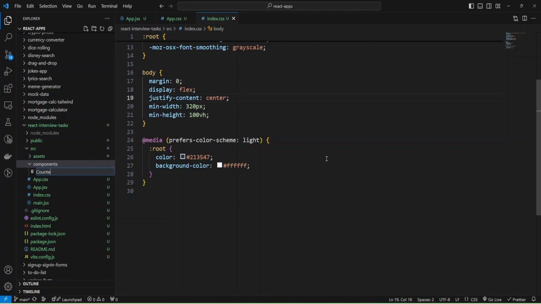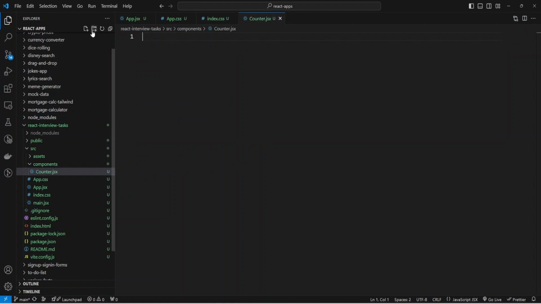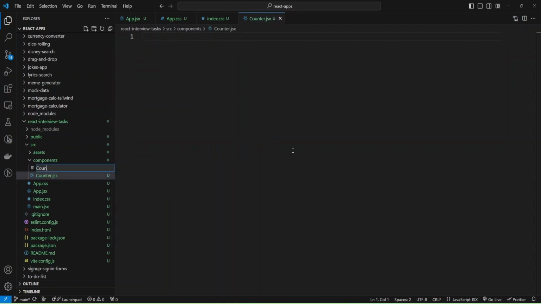We'll add Counter.jsx and also I need a Counter.css file for my styles. Okay, we'll add some styles, but for an interview they are not required, but I'm going to add them to have a nice application.